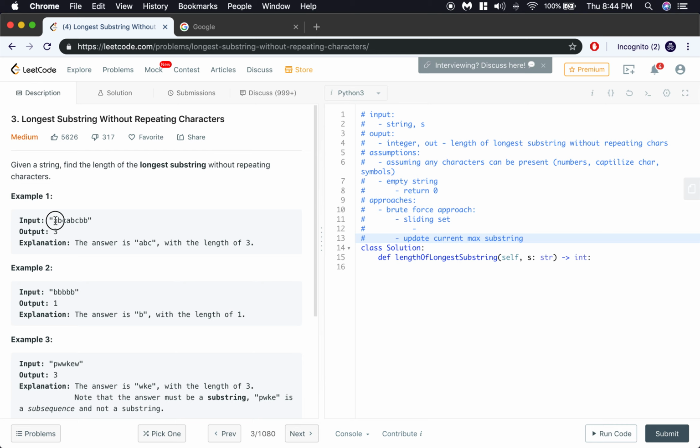So let's say we see a current max substring is of length 1. Now we see B, and then we see C, right? So now when we get to this point, our current max substring size is 3. Okay, so now when we get to the same character, in this case which is A, what we can do here is